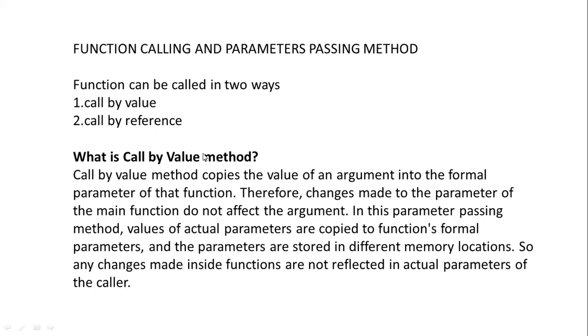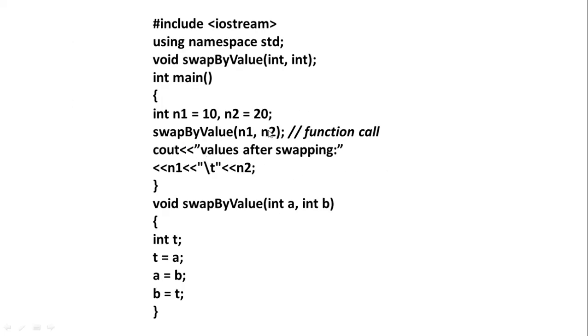So in call by value method, what will happen is this. The parameters in the function calling, their value is simply passed to the formal parameters. The value of the actual parameters is passed to the values of the formal parameters. Just the values are passing. That's why it is known as call by value. And here there will be some operations, but the variables in the function calling won't get changed. Why? Because we are just copying the values to the formal parameters, and the actual parameters' values are constant.